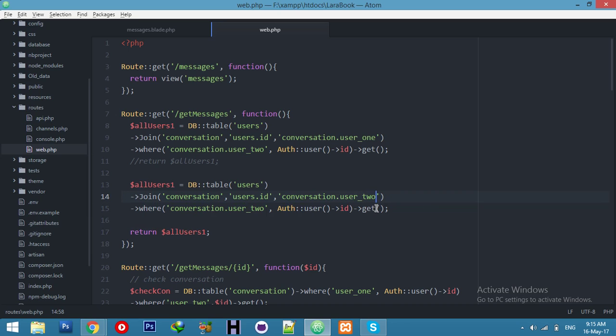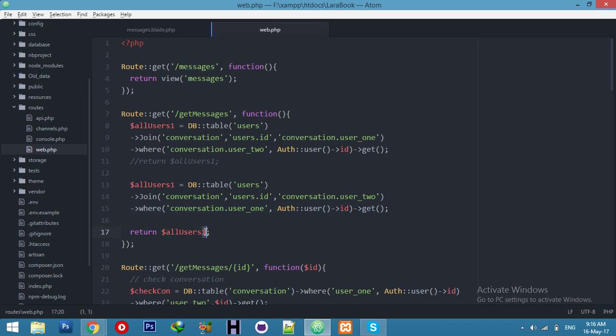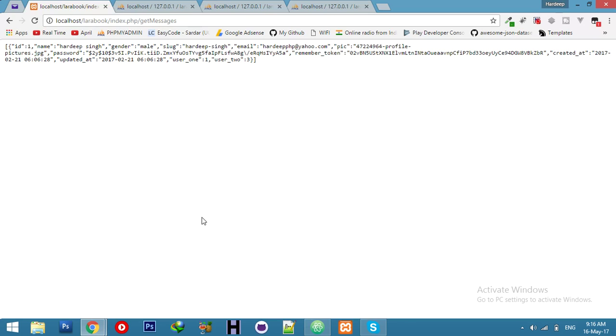This time user 2 equal to user ID. Who sent me a message, and whom I sent a message. And here just switch that. If I name it all user 2 and try to return this,